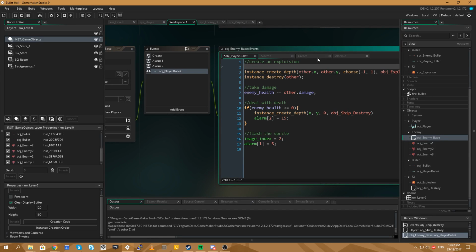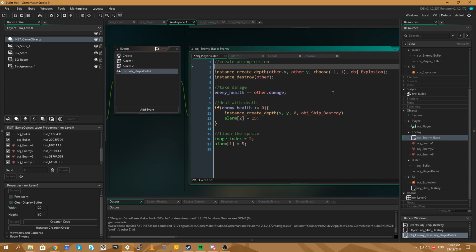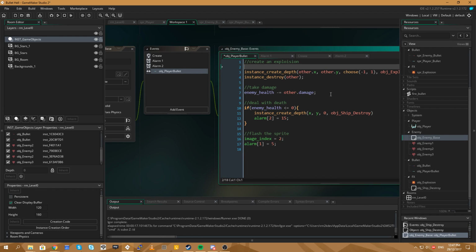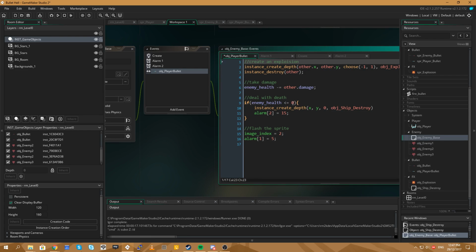So what we'll do is we'll just say if the health is less than or equal to 0, we'll create this. We could simply do and alarm 2 is equal to 0.